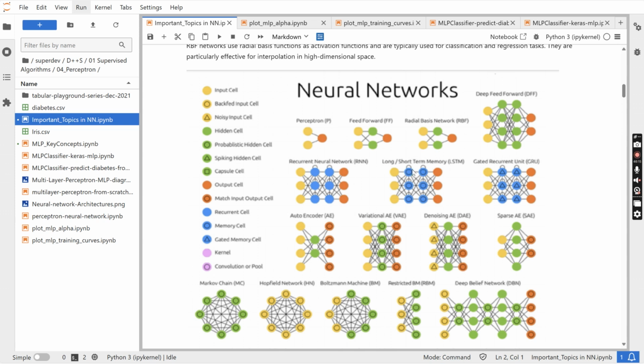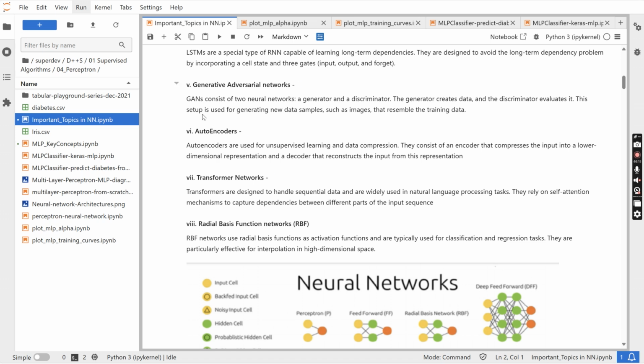This symbol that you see, the cycle or lock kind of symbol, indicates they have memory. So here GRU, that is what I was saying. GRU is another type of recurrent neural network that is used for time series forecasting and natural language processing, along with LSTM. Both of these are famous for that. So these are RNNs. These are another type of networks. Next is